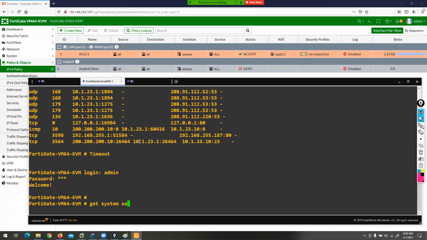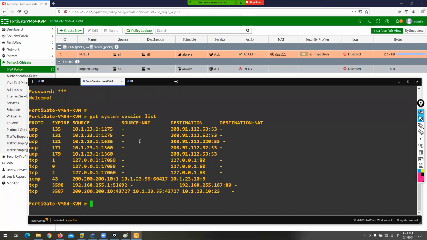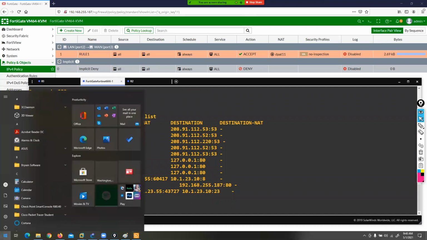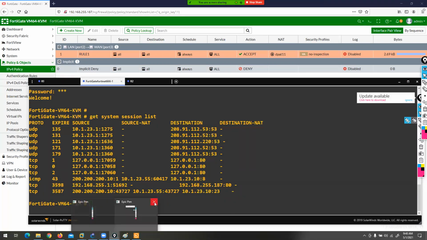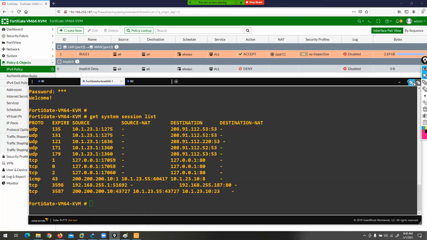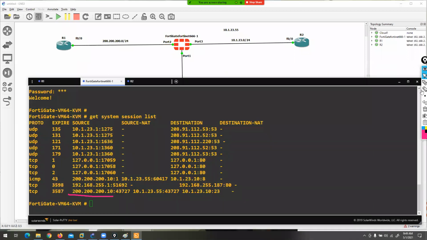Get system session list. So what is the option here? This is the source IP address 200.200.200.10.